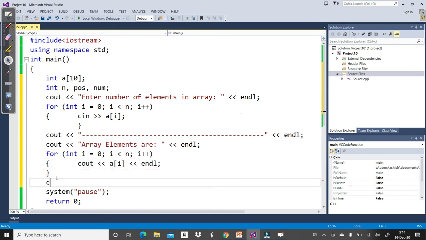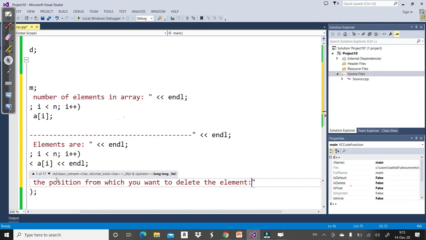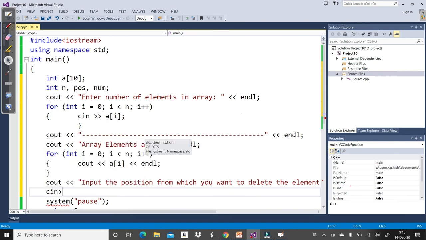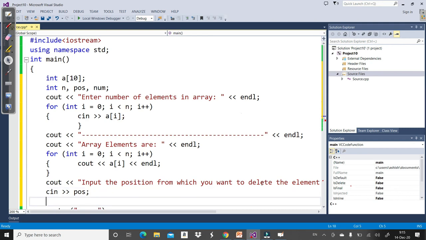And now here input the position from which you want to delete the element. Input the position from which you want to delete the element, endl, and cin position.